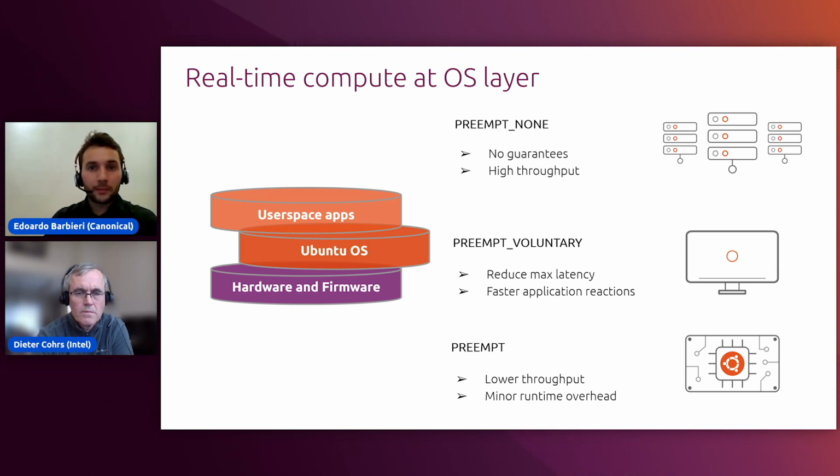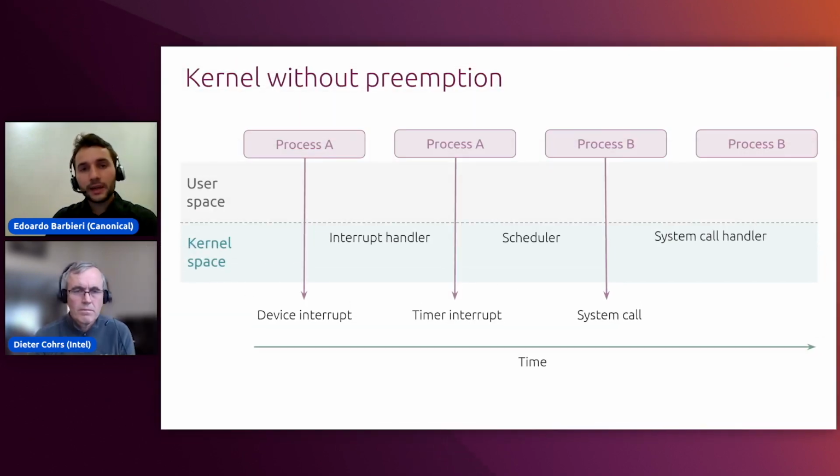We also have preempt voluntary, and this model is intended for desktop use because of the quicker application reactions to user input. Another model available in the Linux kernel is preempt, and this option reduces the latency of the kernel by making the kernel code preemptible. And this allows reaction to interactive events by permitting a low priority process to be preempted. So I've used the term a few times already, but what does it even mean for an event to be preempted? Kernel preemption means that tasks can be interrupted.